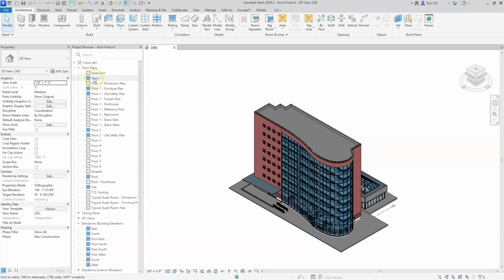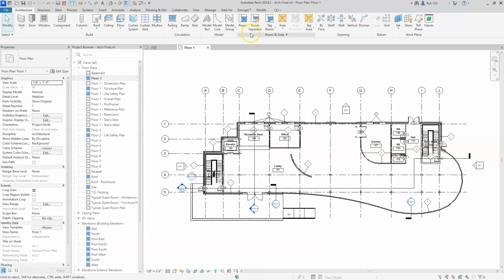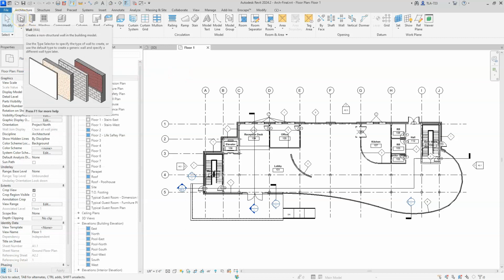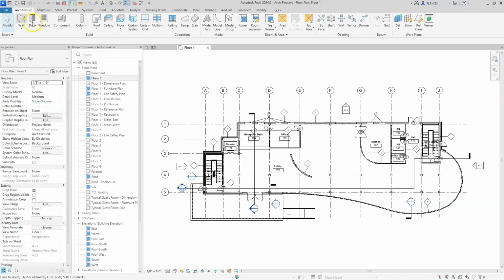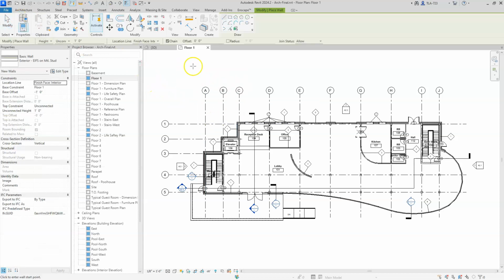I'm going to go ahead and open up Floor 1 view again. And we're just going to click on this wall tool. And the purpose of this operation is not to show you how to create a wall so much as it is to talk about the options bar. The options bar shows up right here under the ribbon, and it turns green, and that shows up depending on what operation or what tool you're using. So in the case of creating a wall, we click on the wall tool and it's ready to create a wall, but you can see on this options bar there's all sorts of parameters that you have to think about